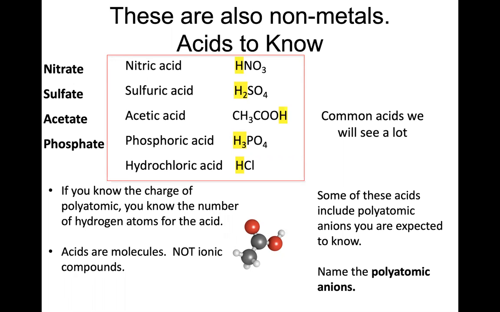Now, I've mentioned how these include within the molecule these polyatomic anions, but let's be careful with this. The acids that I see listed here, they exist as molecules. They are not ionic compounds. There are distinct, discrete molecules. We look, for example, at acetic acid as an example of a molecule. And sure enough, it is. So even though it helps to make sense of this when we think about the polyatomic anions, let's recognize that these consist entirely of nonmetals. These are molecules. These are not ionic compounds.